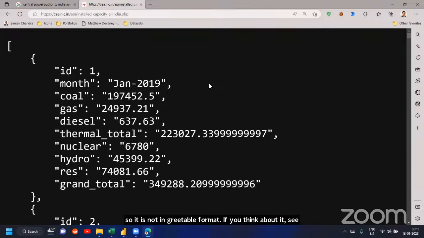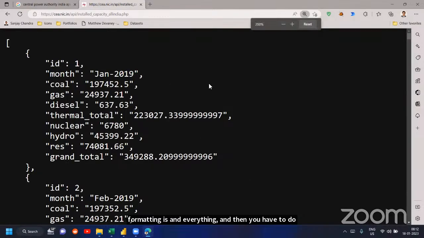Generally we are used to looking at tables. We don't have the habit of looking at something like this, right? But the system actually stores our data like this. When you talk about APIs and online web-based platforms, if you want to extract some data, this is how they actually push the data. And this data has to be converted to a table. If you want to do this in any programming language, you have to learn JSON, you have to learn how the formatting is, and then you have to do a little bit of manipulation to convert this data into a table.